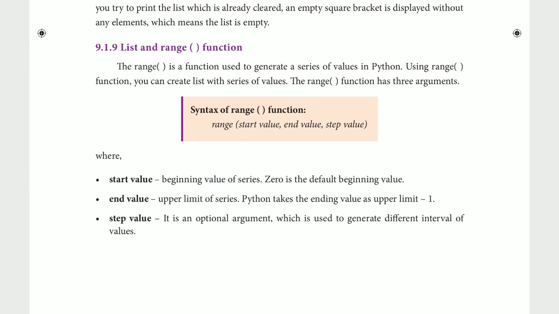Next is step value. It is an optional argument which is used to generate a different interval of values. If you want you can give it, otherwise you can leave it.